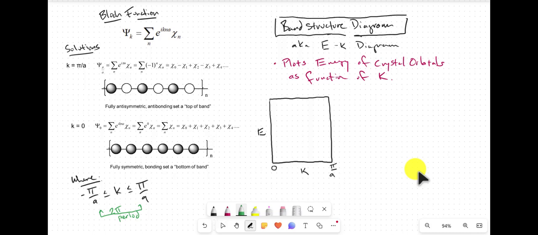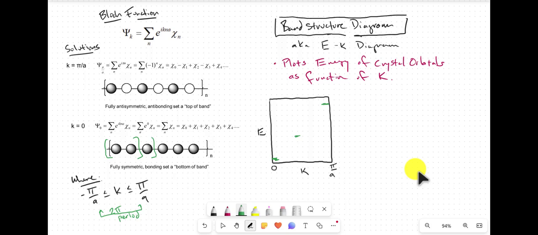We would have this at 0, and that would be the energy of this, and let's just say this is for only two. So if we had two atomic orbitals going in, we'd have two molecular orbitals. Here's our first molecular orbital, and then we'd have the antibonding one, which would be maybe somewhere up here, right? And as we added a third, we'd probably have some state in between there. If we add a fourth, etc., up through n, as you keep adding more states,